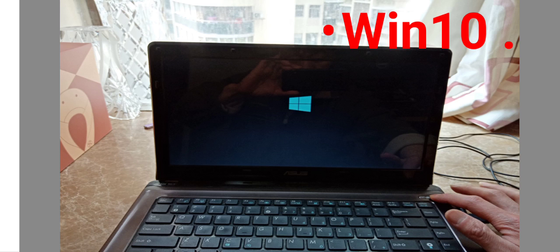This computer runs Win 10. So you can power on, and the operating system boots very quickly. When you see the window, the picture,